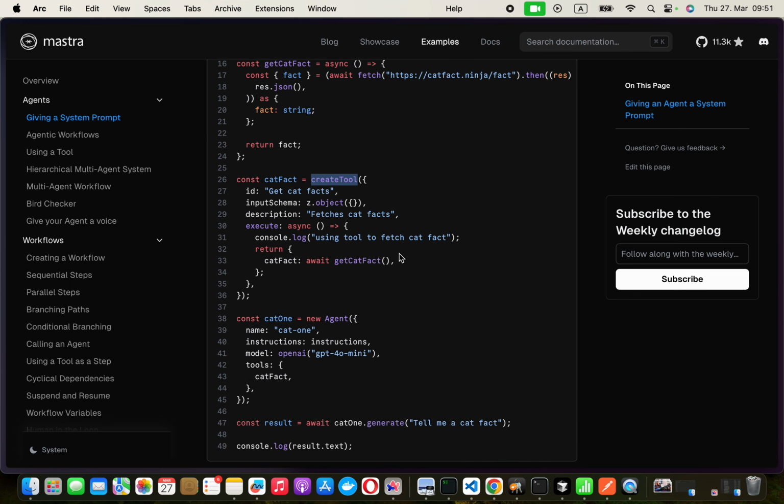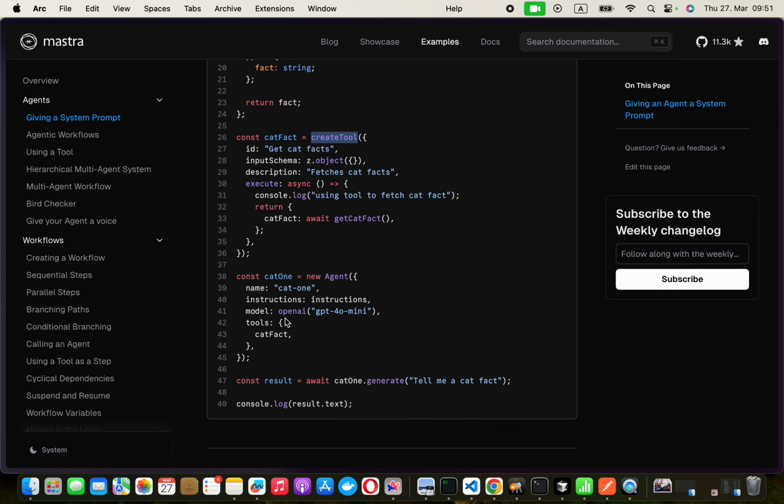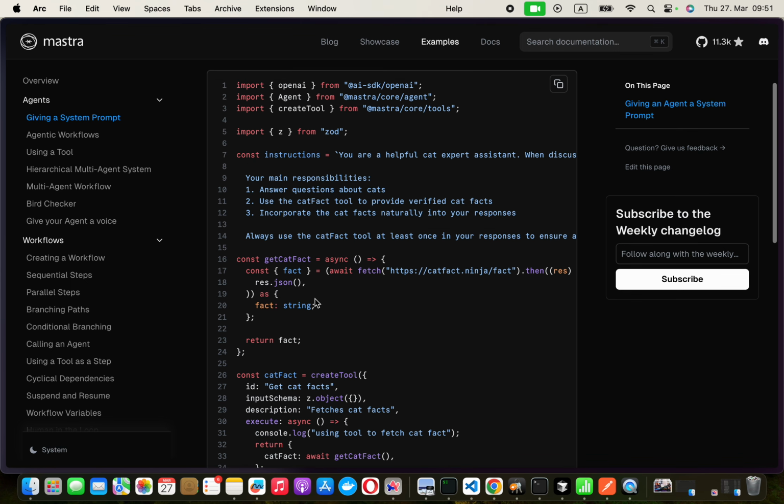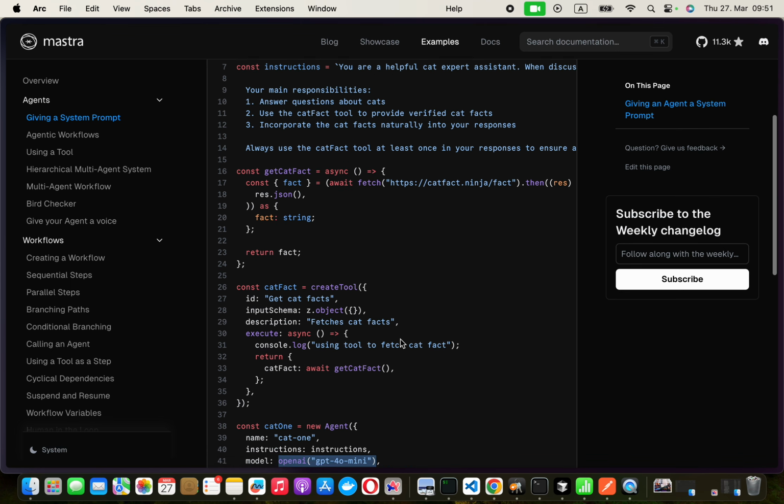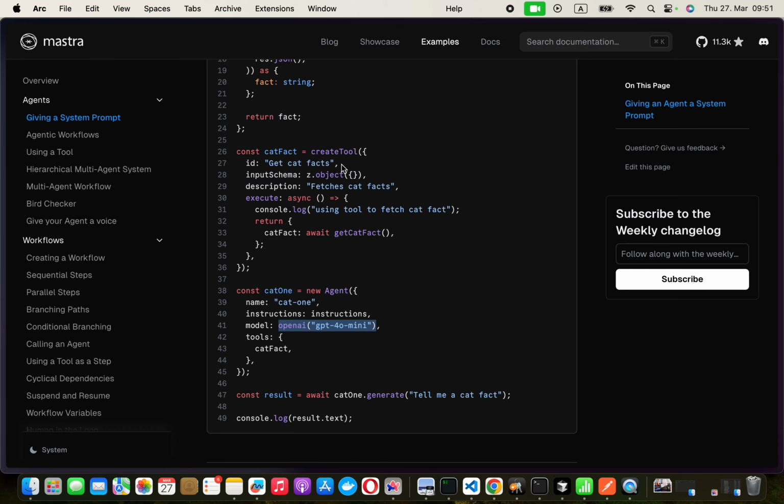So we can decouple and then make multiple tools and then give a tool or multiple tools to the agent. Exactly. So you can give an object of tools inside this tools object, and then you can generate different actions based on that tool. Okay, nice. I think I understand the overall architecture of how Mastra works, tools, and